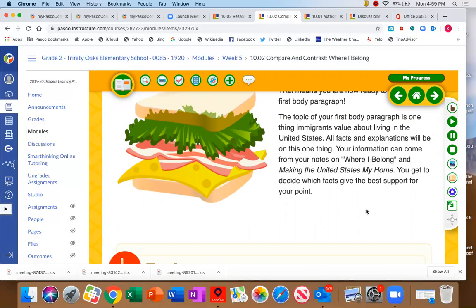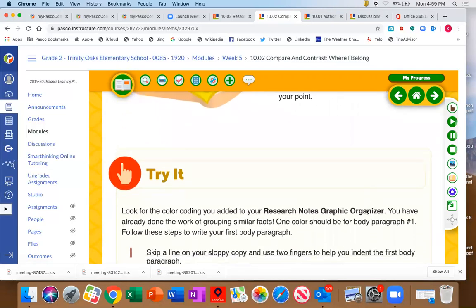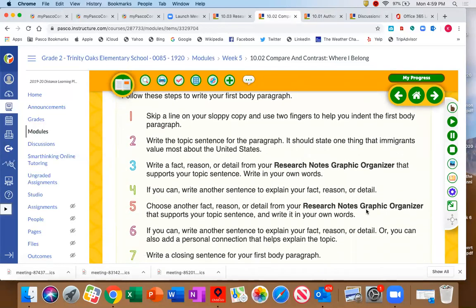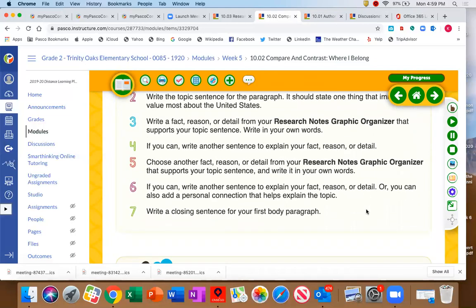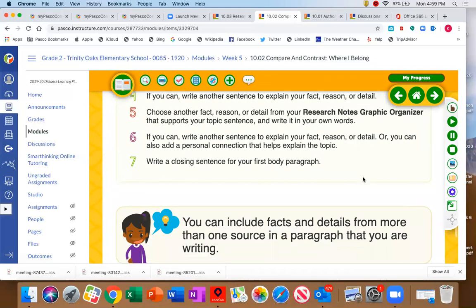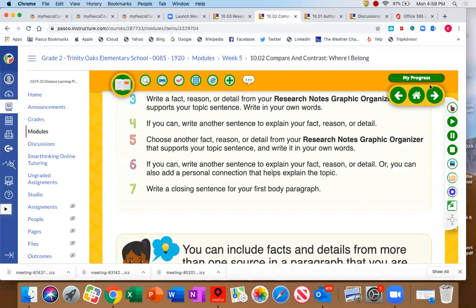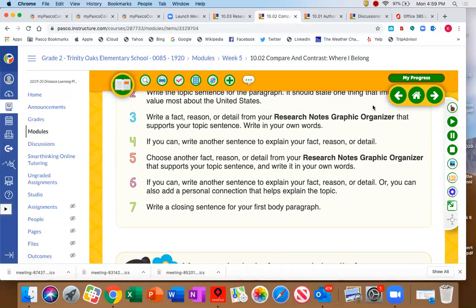Now you turned in to me a comparing 2 texts graphic organizer last week, where there were similarities and differences between the 2 texts. Then you had your research notes organizer that you should have done also in lesson 10.1. You should have had that organizer done, and now you're writing that sloppy copy. I told you to keep that organizer so that you could write your sloppy copy. So this research notes graphic organizer was in lesson 10.1. Now,